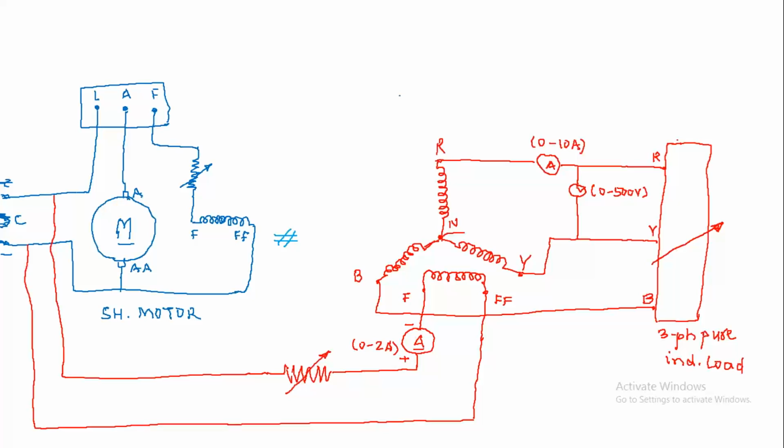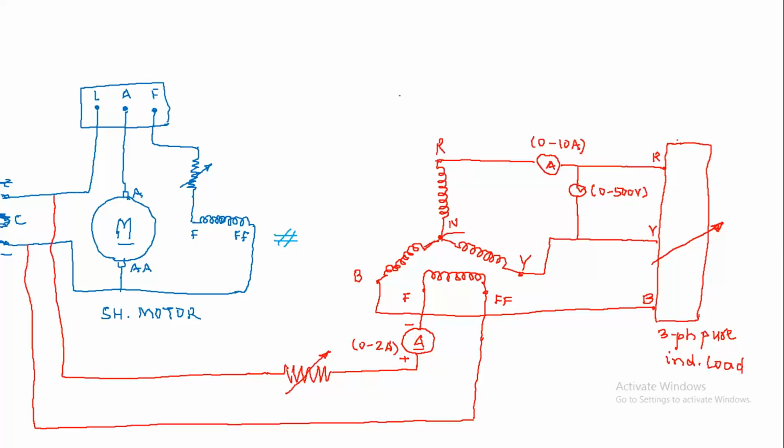While conducting the experiment, this experiment takes time, because according to the connection, according to the test, we have to make changes in the circuit, isn't it? For open circuit, only voltage you have to measure. In short circuit, only current you have to measure. In the ZPF test, you have to measure voltage and you have to measure current. Okay, this is a load test because you are applying a pure inductive load. So if we increase the load, what is the effect on the generator?